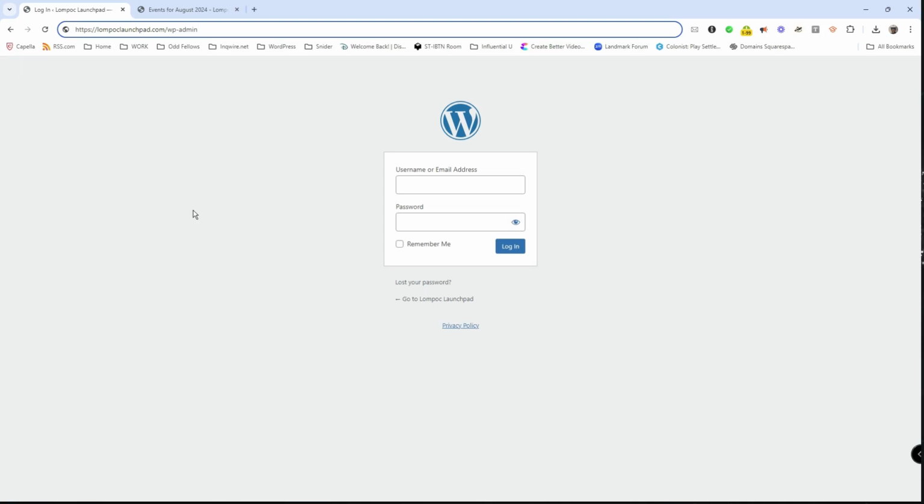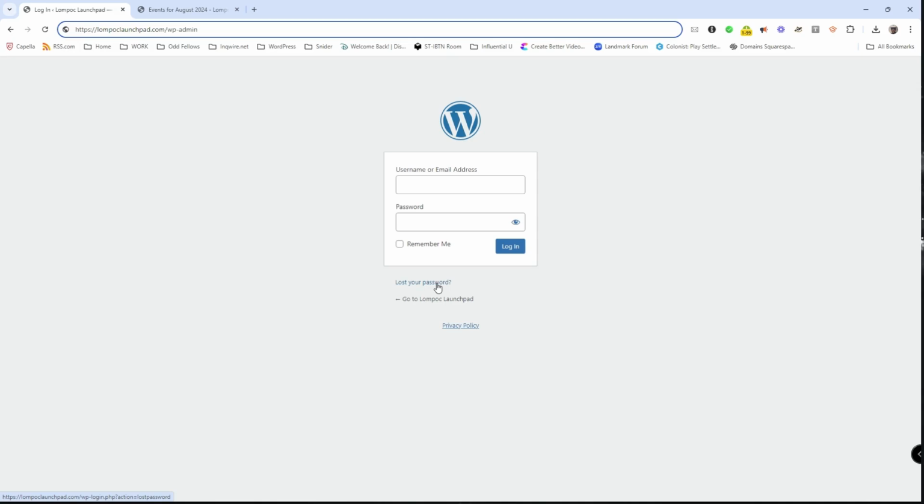Now, you probably will be getting an email that will tell you to reset your password. And so, what you want to do is click on that link, and then it'll take you probably here, or it will send you a message on your email, which will prompt you to reset your password. So, either way, if you don't get your password, or if you ever lose it, go here where it says